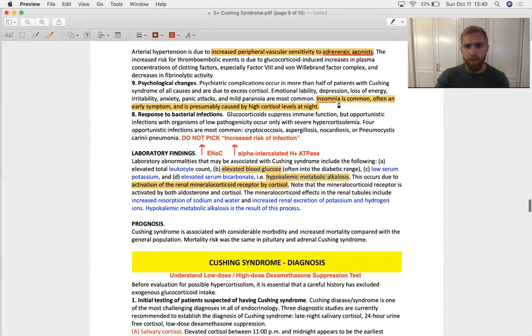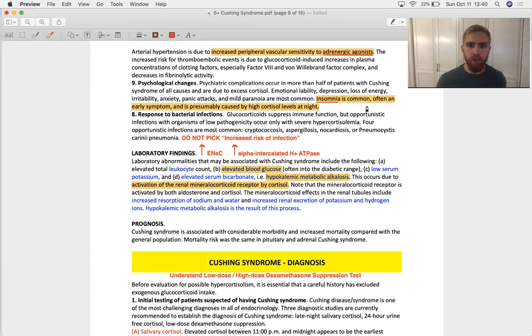Insomnia is common because of the daily progression of cortisol. We said it goes way up in the morning and then it just kind of drops through the rest of the day, and it reaches a trough at around midnight to 2 a.m. That's when your cortisol is at its lowest. Low cortisol is something that helps you go to sleep, because if cortisol is going to raise your blood pressure and raise your blood glucose, those are things that happen when you're awake and that keep you awake. So when cortisol goes away, it helps you sleep. So if you've got too much cortisol, it might be hard to fall asleep. And finally, a little bit of a